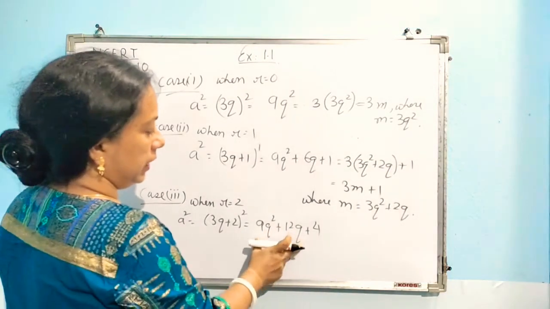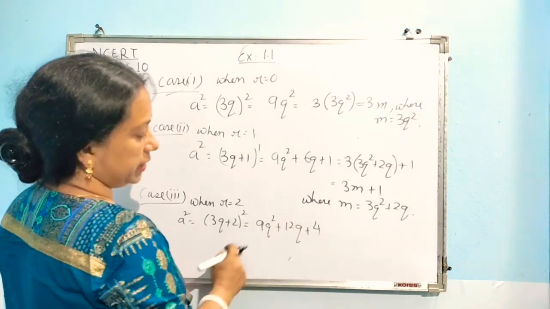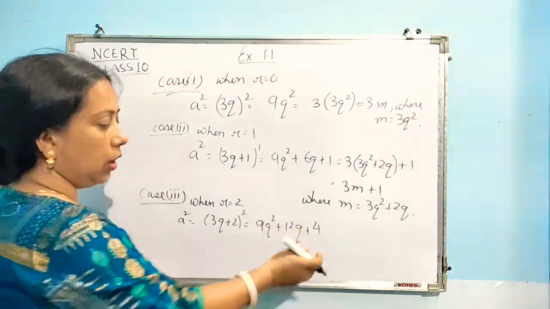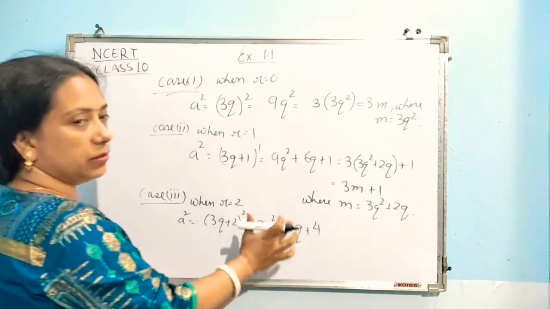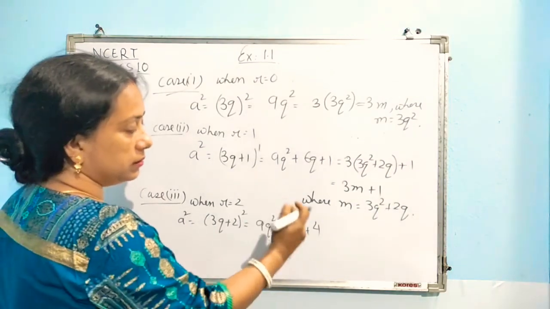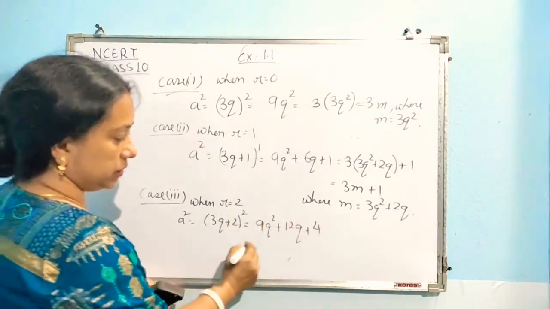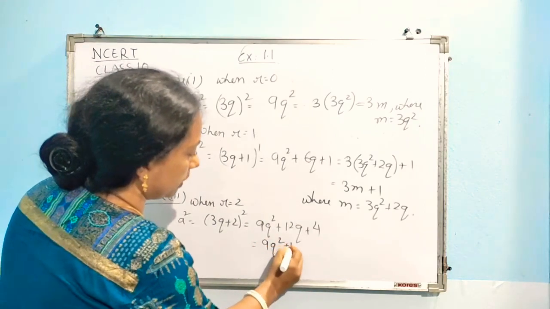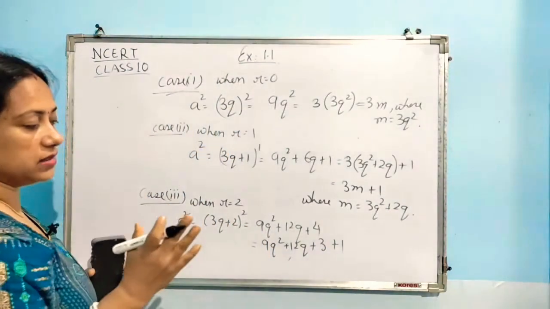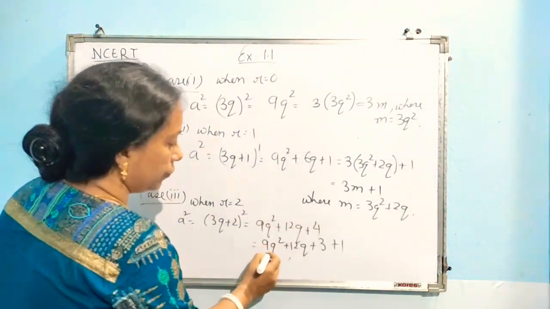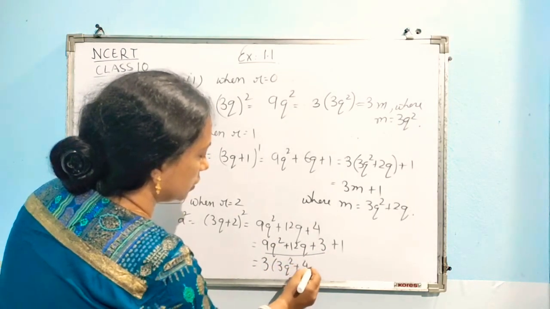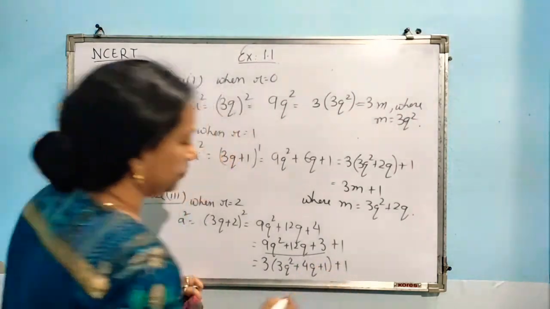Now here see, it cannot be expressed in 3m plus 1 directly, but one thing can be done. I want one to be extra, either 1 is extra or nothing is extra. The entire thing cannot be expressed as a multiple of 3, but 3 into something plus 1 can be expressed. How? See, 9q square plus 12q. Can I break this 4 into 2 parts? I am just splitting this 4 into 3 plus 1. So from these 3 terms, can we take 3 common? Yes. 3q square, 3 4s are 12q, 3 1s are 3, plus 1.